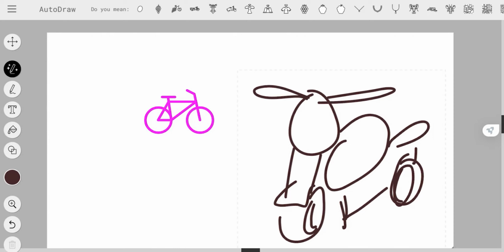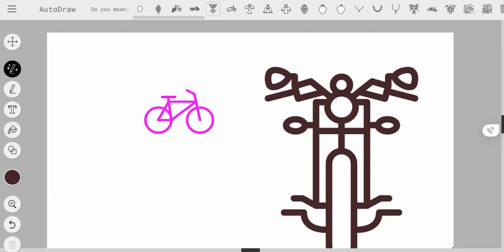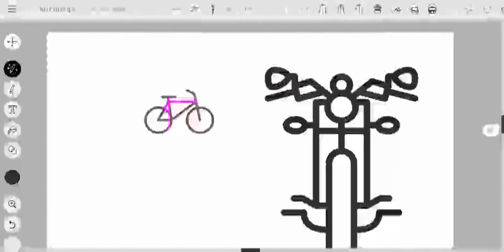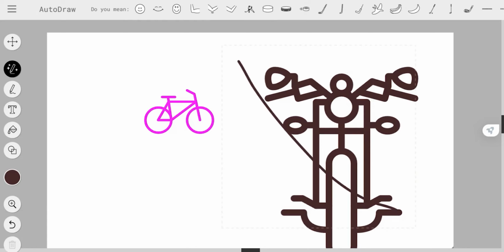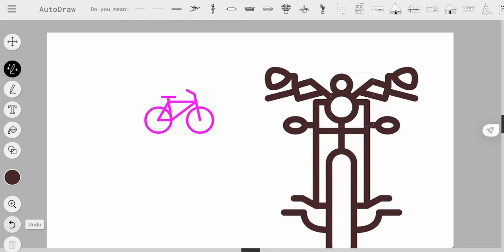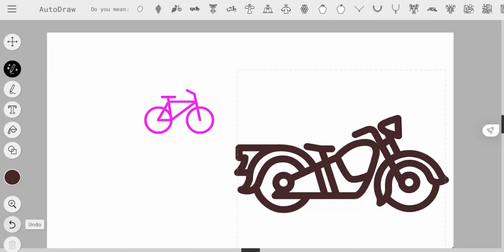Very soon I can actually draw my motorcycle, and I can have perspectives also for this. This is a very interesting thing that you all can look forward to. It's a really cool tool, and there are a lot of other things that you can do with it.